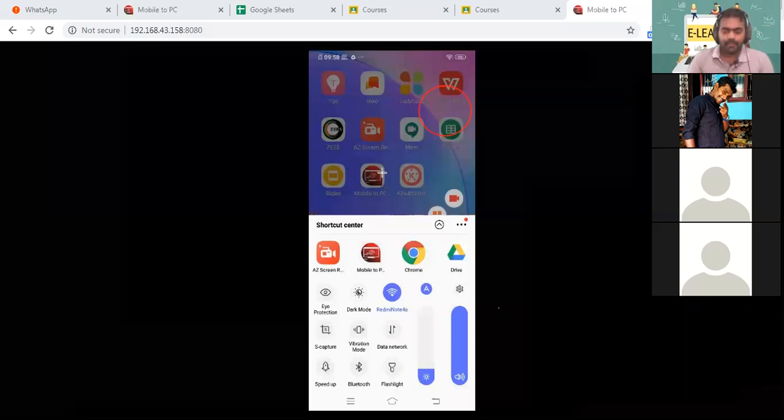Pardon? I have enabled it. Okay, record audio. Have you enabled? Record audio. I don't know which application. Microphone icon. Ma'am, I don't know which application you are using, but you will have an option. Sir, AZ screen recorder. Okay, if you are using AZ screen recorder, it's very simple. You have the record audio option in its settings. You just enable it. Then whatever you speak will be recorded.